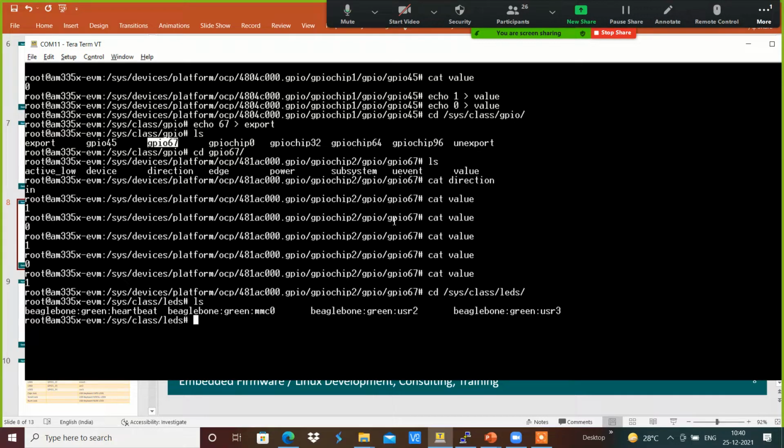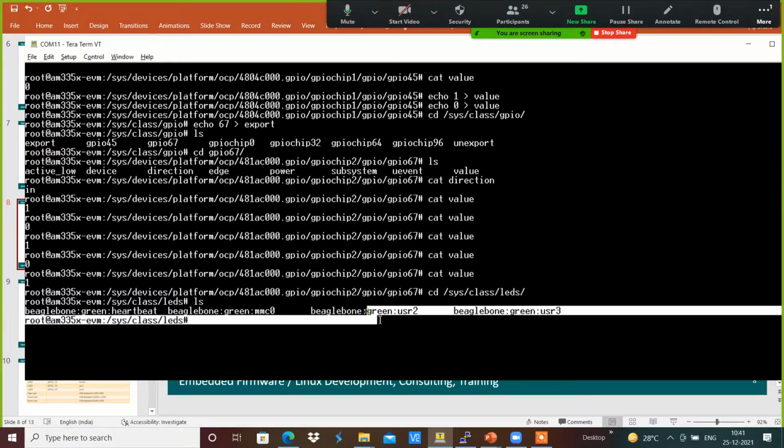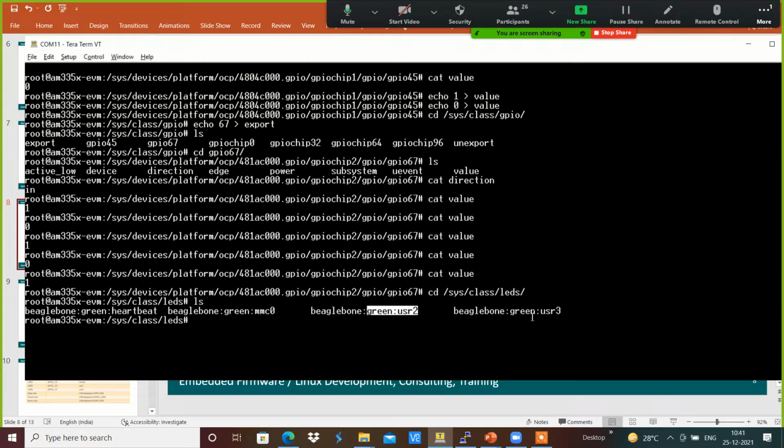For example, here we have created multiple LEDs. A green LED has been created with the heartbeat, another green LED with MMC 0 activity, and we have a user 2 green LED and a user 3 green LED that got exposed accordingly.